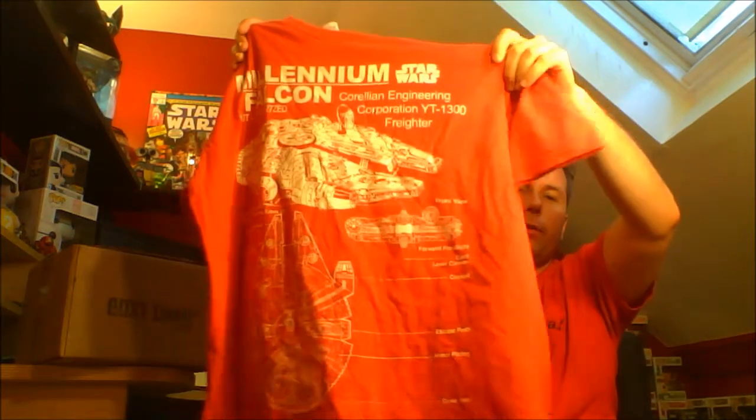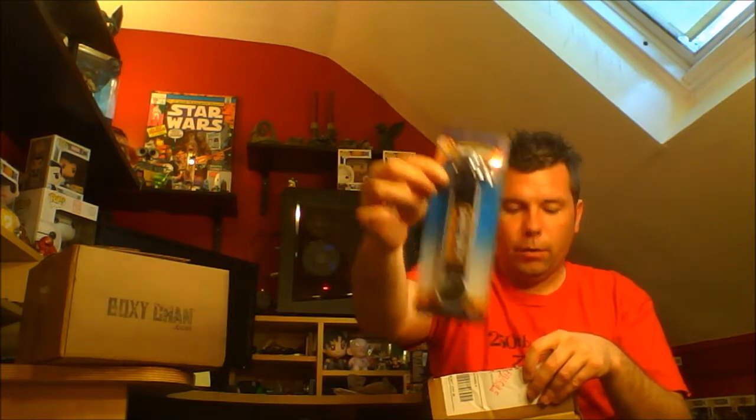This is Boxy Chan, and I actually ordered 2 different Boxy Chans. I ordered one, and then I ordered a second one after that. So in one, I ordered Star Wars, and I got this really cool Star Wars Millennium Falcon shirt. I got a Star Wars desktop calendar, an Angry Birds bookmark, a little Angry Birds dangler here, and then a titanium die-cast Slave 1, which was really